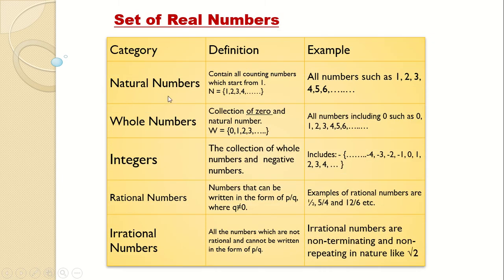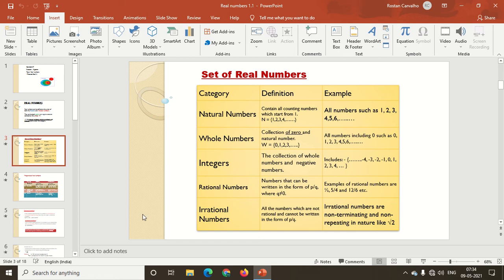Set of natural numbers. Now, set of natural numbers are those numbers which we learn in the KG class. Okay, you are never directly introduced to 0, right? When you are in a KG class, you first start from 1. 1, 2, 3, 4, 5, 6. These are natural numbers. Then we come to whole numbers. When 0 is added to it, we get the set of whole numbers. Okay, we will just see to that.